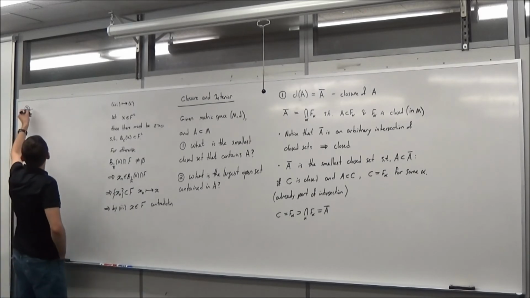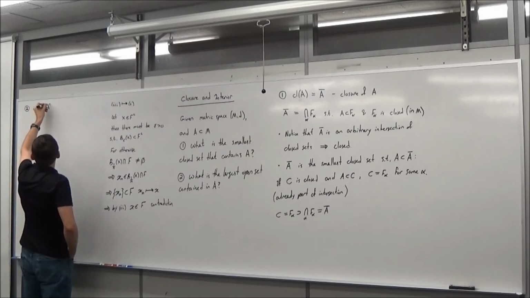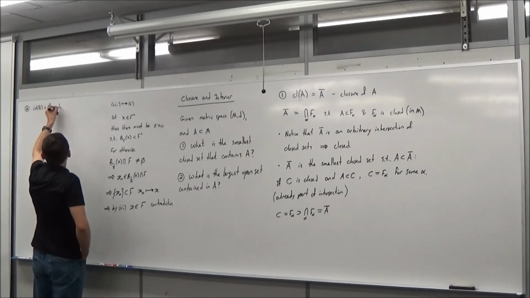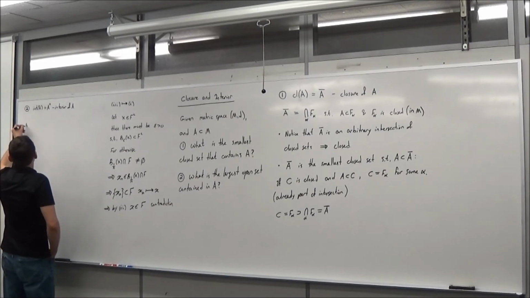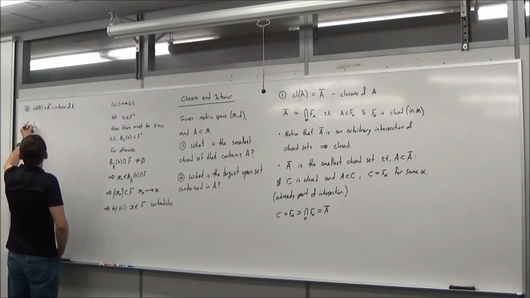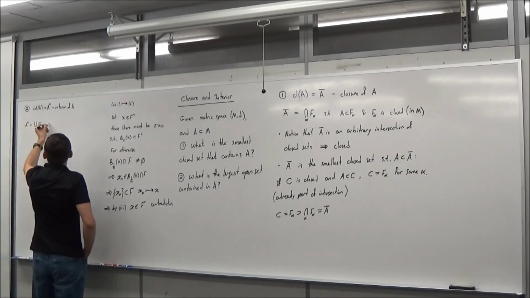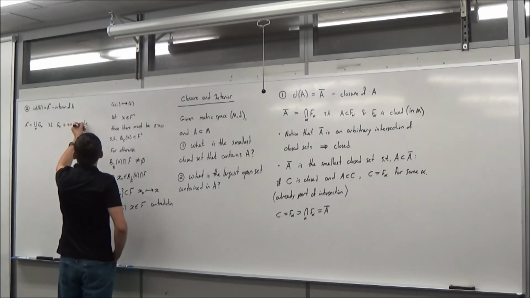I can define the interior of A, more often and simply written as A with a circle on top, and this means interior of A. That's defined the following way. So the interior of A is defined as the union of all G alpha such that G alpha is an open subset